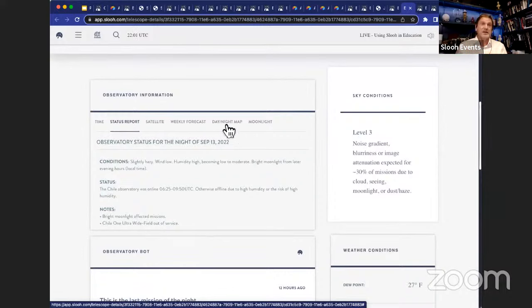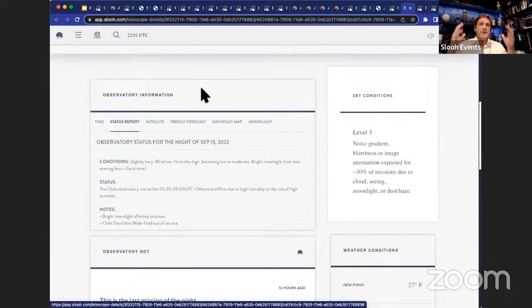So tonight, we've got very high winds in the Canary Islands, which is affecting every other mission probably. So this status report tomorrow morning will tell us actually it was so windy that Canary 1 couldn't come online at all, and some of the missions from the other telescopes were affected by winds. But there's never a single answer or a single cause to whether or not an image is good or not. You've mentioned seeing conditions in your question.